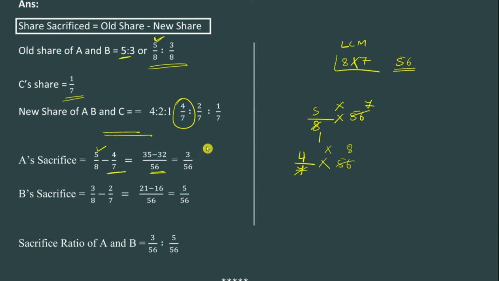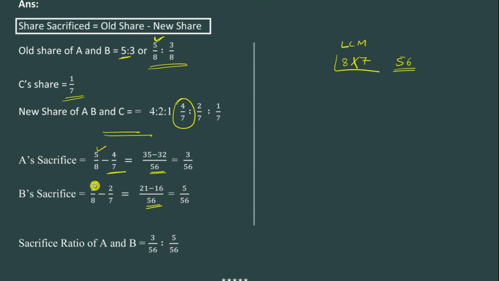Now you have to do the same thing for B. If you do the same thing for B, you'll get the answer 5/6. Same thing applies here, you just have to do a mathematical calculation. Again, you can't find a common number that divides 8 and 7, so you take the LCM, that is 56. I'll erase this. Now you have to calculate the numerator. You already calculated the denominator.